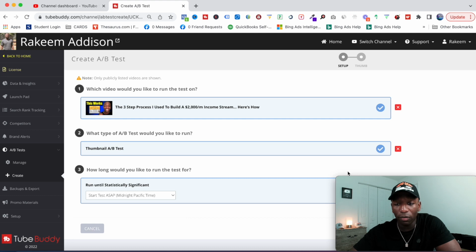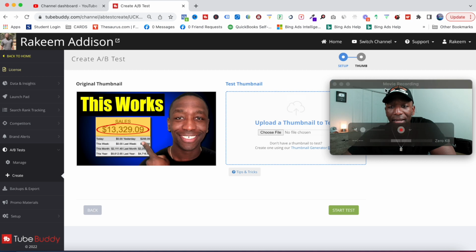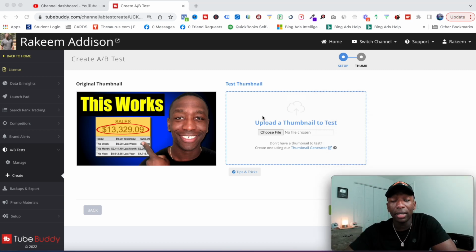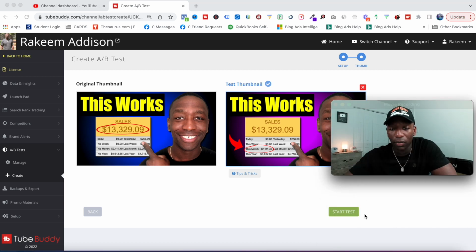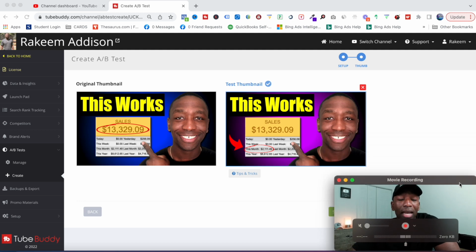And then what you will want to do from here, let me move myself out of the way, is hit continue, and then it's going to bring you right here, and this looks similar to the other split testing tool. So I'm gonna go ahead, same thing I did over there. Let's go ahead and choose the file. Boom. All you're going to do next is scroll right here and hit test. Now, I'm not about to do this because I actually have this same exact split test running in another software.